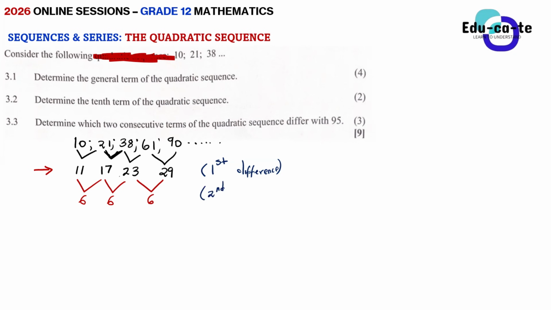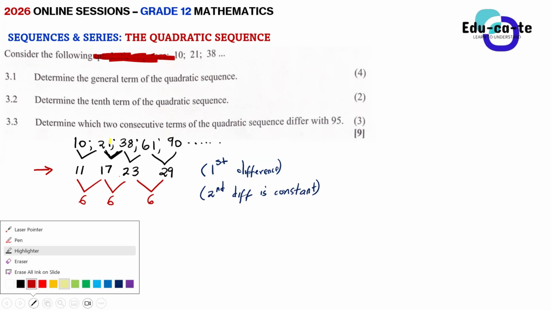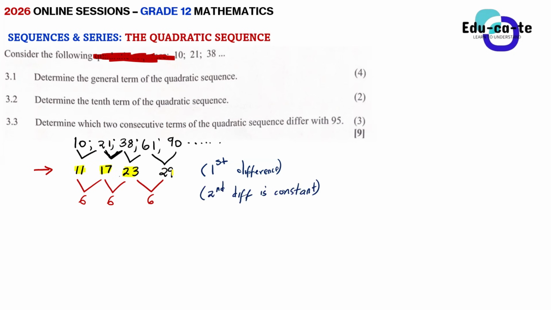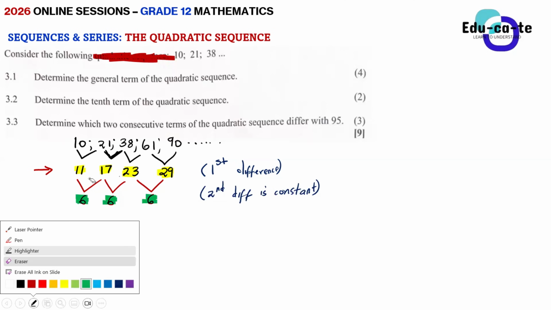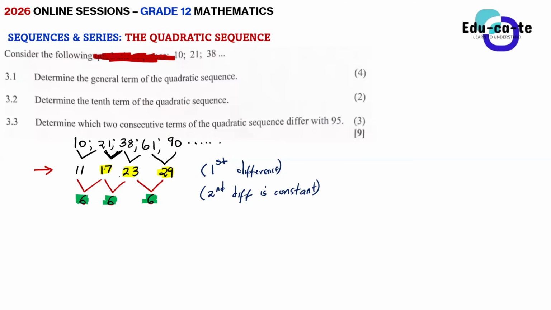It means that the moment I take my original sequence and do the first difference between two consecutive terms, I do not establish equal terms. Since I'm not establishing a common difference, I have to do the difference again between these new terms, which is 29 minus 23, which gives me 6, 23 minus 17, which gives me 6, and then 17 minus 11, which gives me 6. Now here I can see that at this point, I've established a common difference.